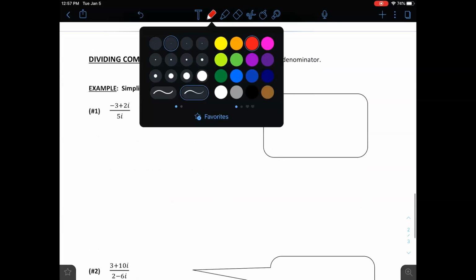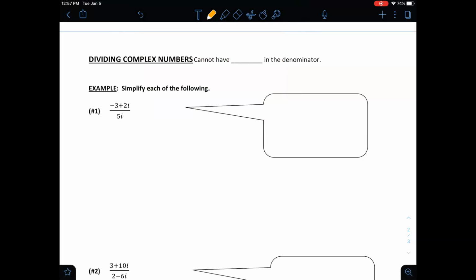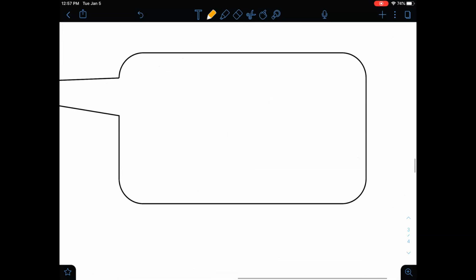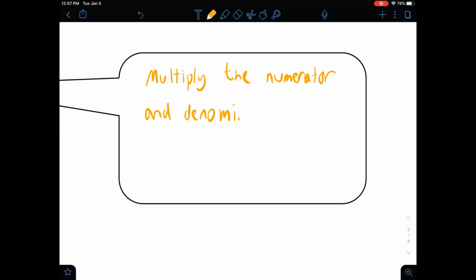Okay, moving along here. Dividing complex numbers. Numbers cannot have i, just like radicals, in the denominator. Okay, so to simplify each of the following, we have negative 3 plus 2i over 5i. And what we need to do is, I'm going to write in this blank here, multiply the numerator and denominator